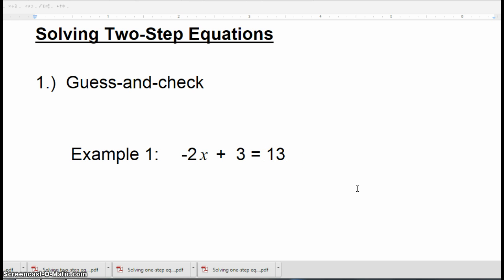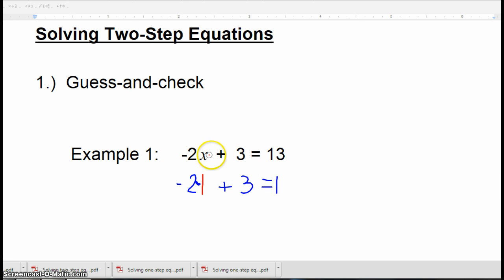So we can guess and check. We could say, I don't know, is it 1? Is it negative 2 times 1 plus 3? Does that give us 13? Well, let's see. Negative 2 times 1, that's negative 2, plus 3 gives us 1. It's not 1. We can do that, but